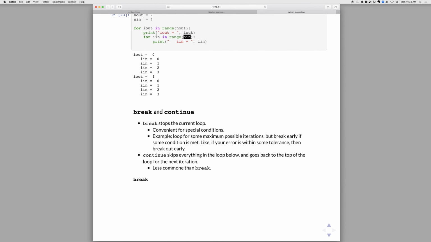There are important statements that are convenient: break and continue. Break works by stopping the current loop. It's convenient for special conditions that might arise. For example, suppose you want to loop for some maximum possible number of iterations, but break out early if some condition is met. Like suppose you are iterating on some quantity and your error was within some tolerance,